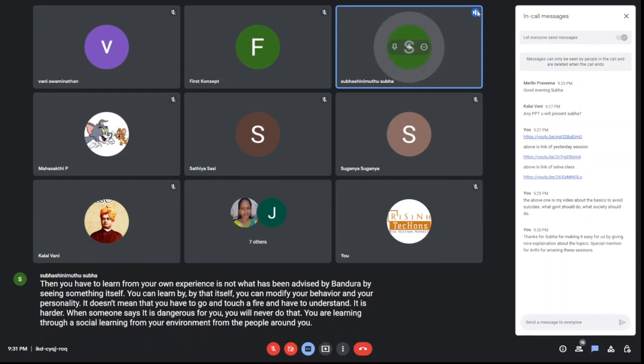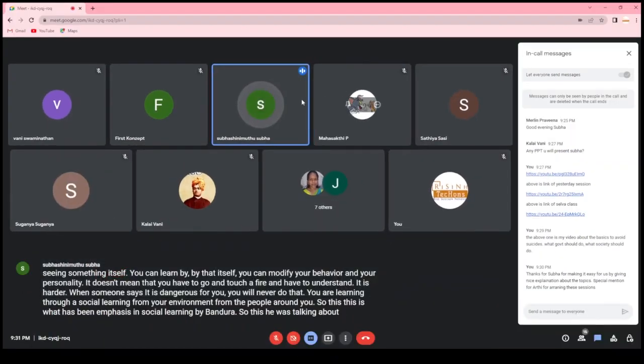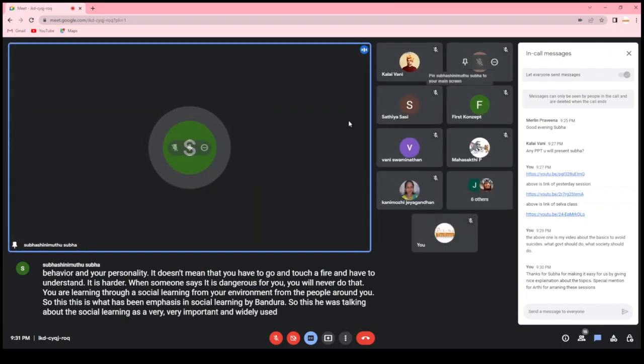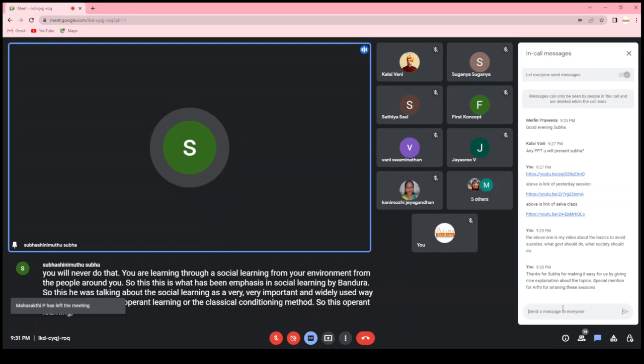So this is what has been emphasized in social learning by Bandura. He was talking about social learning as a very important and widely used way of learning, rather than operant learning or the classical conditioning method. So this operant learning, it is like the action of others will mold you. You will tend to gain a lot of